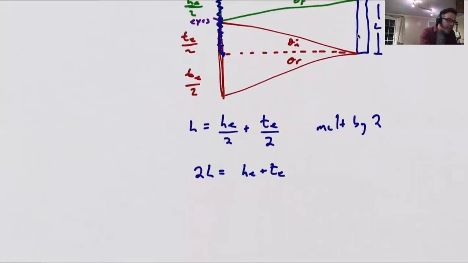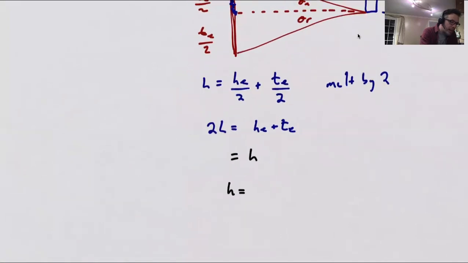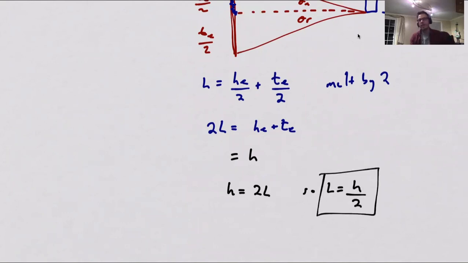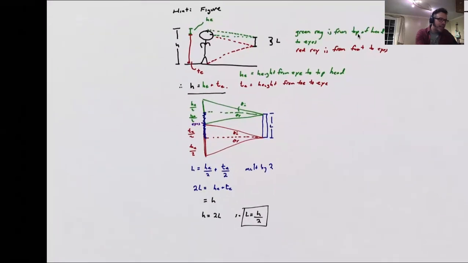And we see that 2L is equal to HE plus TE. And we had a name for HE plus TE. That was how we started this entire endeavor back in black. And so we see that the height is twice L. So the mirror has to be at least half of your height to get all of your person in the mirror there. Pretty wild that we can even figure that out, right? Okay, not complicated